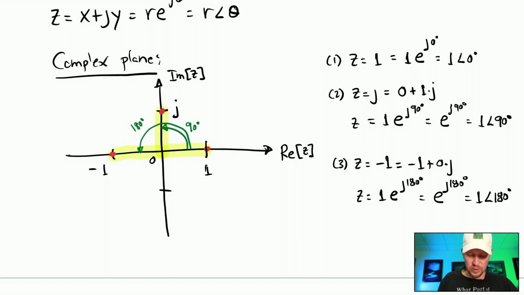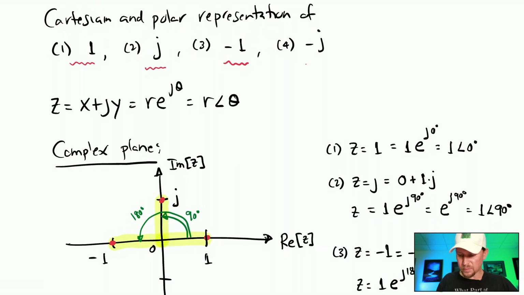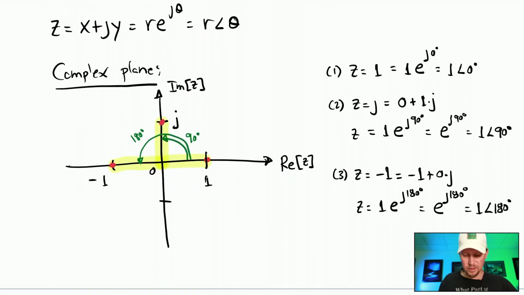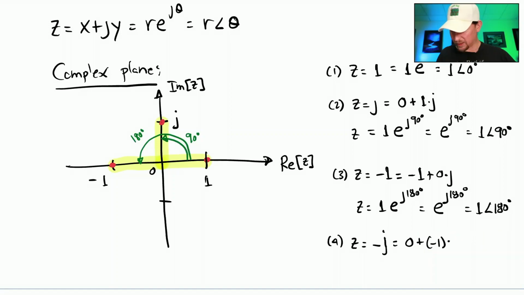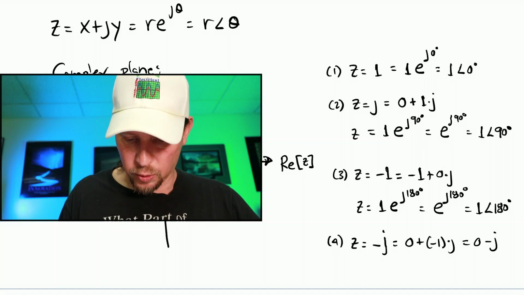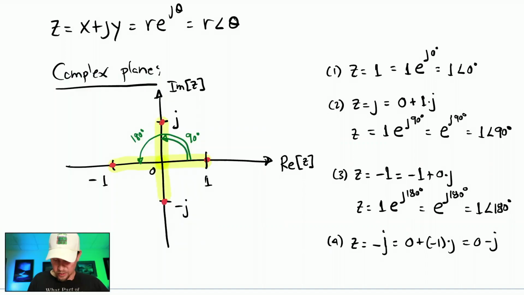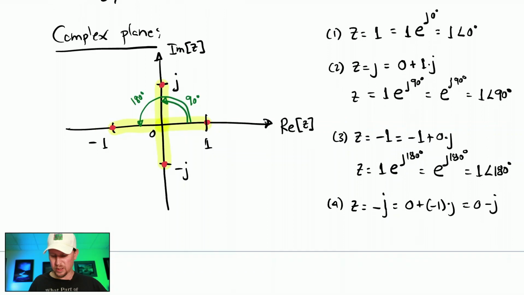The last number that we want to really kind of focus in on is the number -j. And you can see that the analysis is going to carry over just as well. So here we actually have -j like this. This can be rewritten as 0 plus -1 times j. This is Cartesian form, or just 0 minus j. That number happens to be located right here in this quadrant. Notice that the distance from the center down to that number